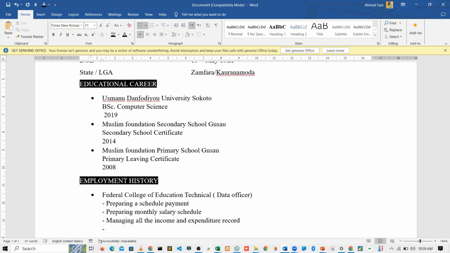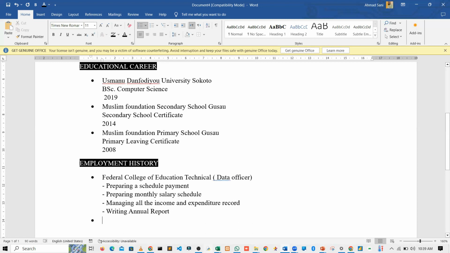So if there is a lot, maybe writing the report, then you just keep writing what you have been doing in the organization. So the next thing is